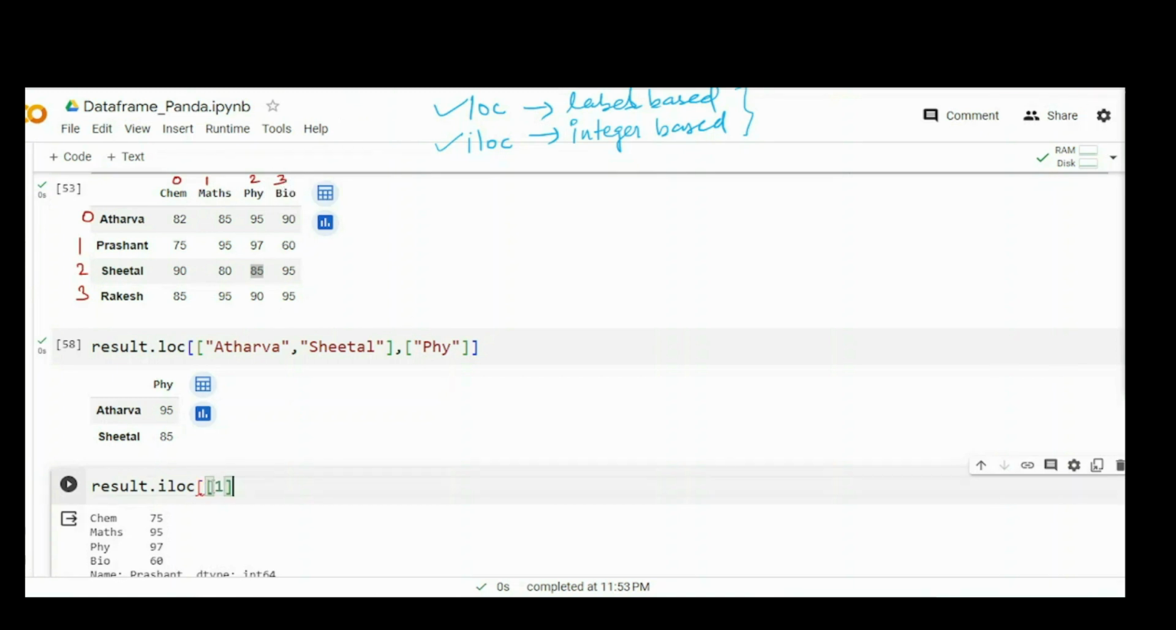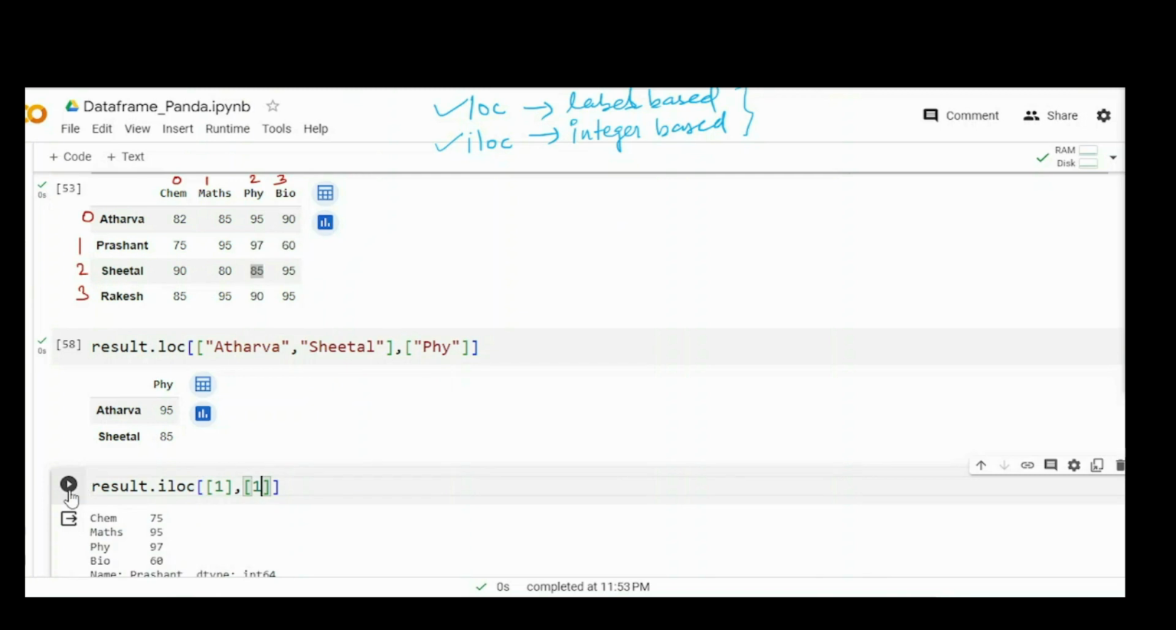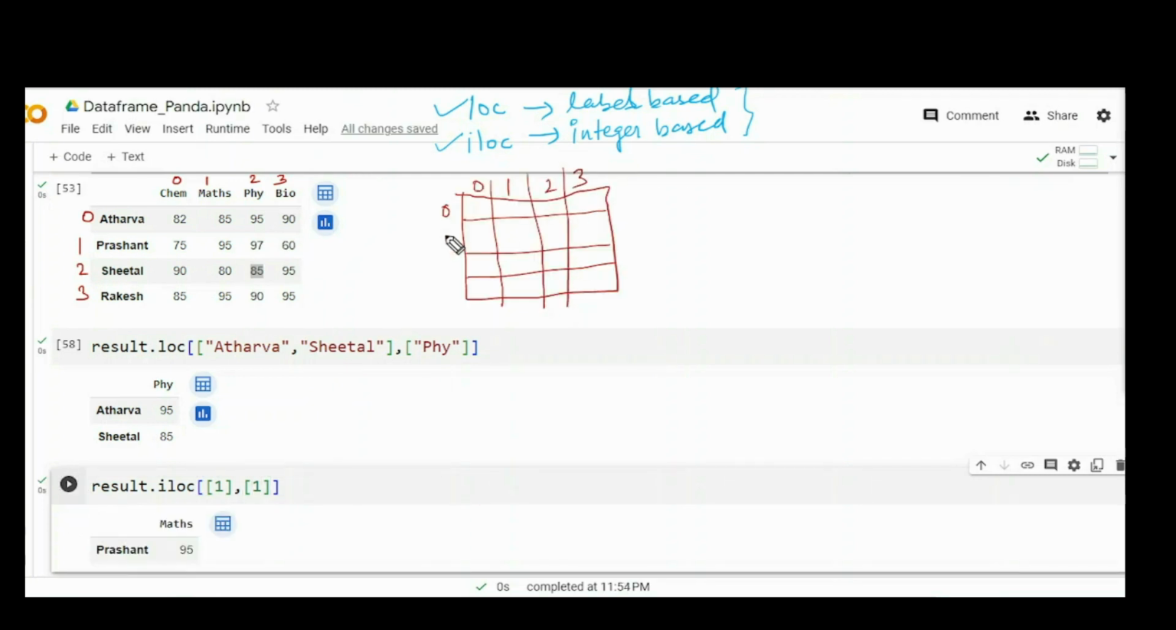iloc 1 comma 1, what output will I be getting? Let's see. When I'm referring to 1 comma 1, let's draw it here. This is my 0, 1, 2, 3 for the rows, and 0, 1, 2, 3 for the columns. So I'm saying 1 and 1, and I'm referring to this. Here my Prashant mathematics marks were present, so I'm getting Prashant. This is Prashant and this is math, and the mathematics marks were present here. Now if I write 1 comma 2,